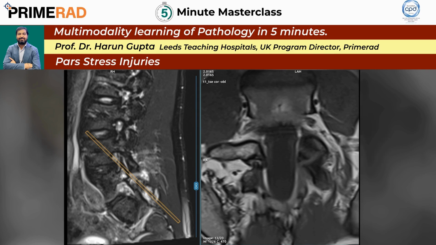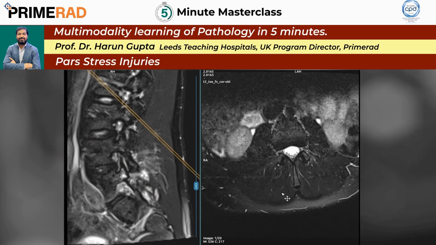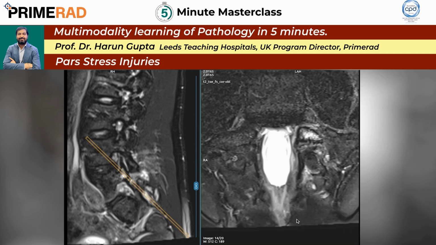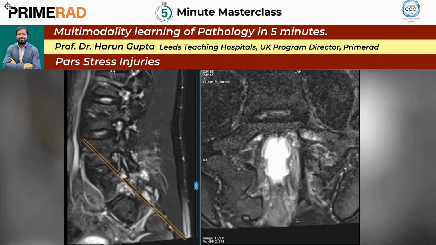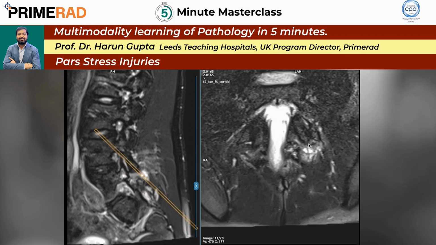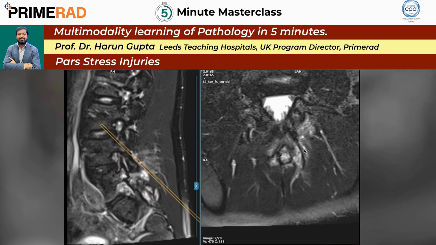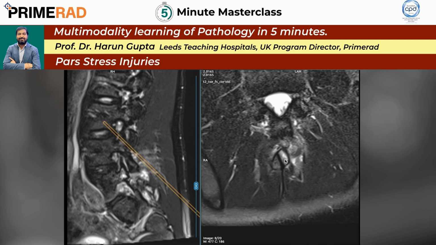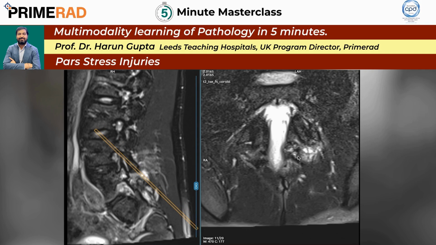So this next one here is the T2 fat saturated sequence. On this one, which is the pars sequence again, this is the coronal oblique again, and then we can see the bony edematous changes in the region of pars defect, and all these bony edematous changes are extending medially and centrally and posteriorly. So these are all the bony edematous changes along with the soft tissue edematous